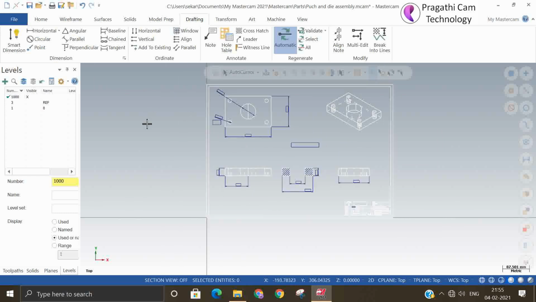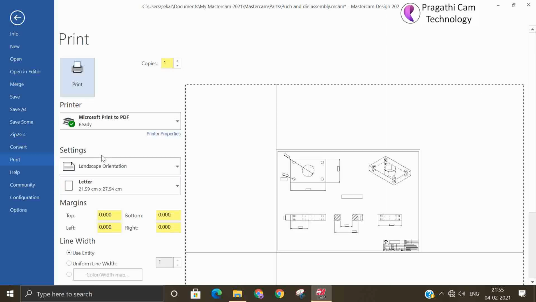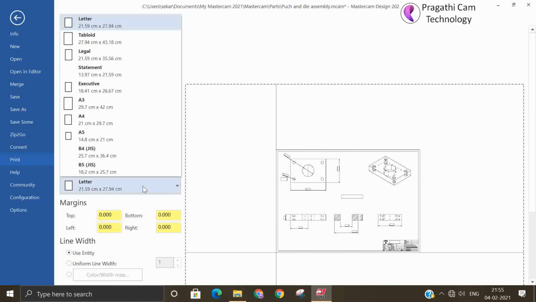Now if you want to take the print of this, so now you have made the drafting. So how to make the print in Mastercam? Print. So it comes like this only initially. So you can select the paper also.